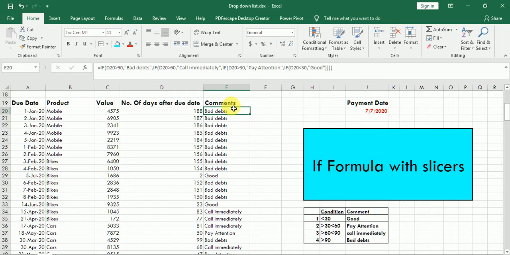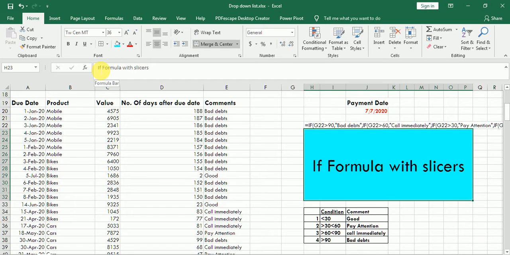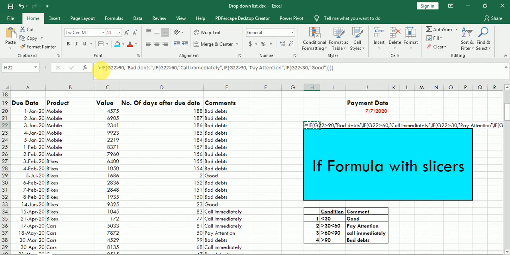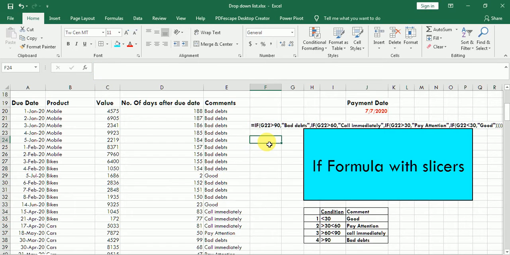So this is the formula, and you can use this formula in your Excel sheet as well, and comment wherever required. Now let me copy this formula over here, so it is visible to you as well. See, now it will be very visible to you. This is the formula.